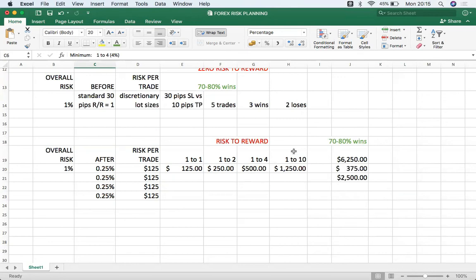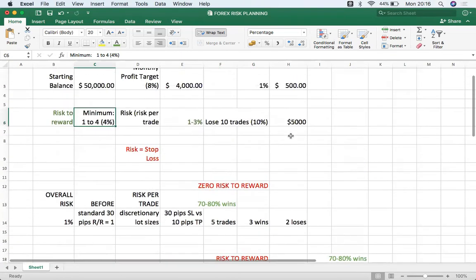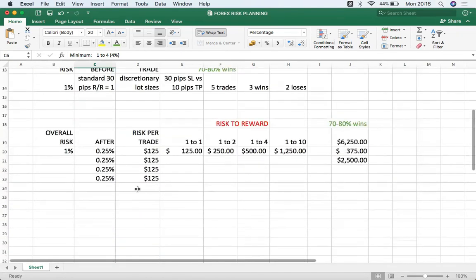So I don't know if you guys are seeing the difference. Okay. So it's very important. Once you have improved on your trading strategy, you've improved on your entries, and you know you have, start improving on your risk management and your risk planning. So for example, this is a very, very good risk to reward to be trading with 0.25% per trade, so that you're never in major drawdown. And it doesn't matter what size of account you are in. I mean, if your entries are good, you can still take a big risk to reward and you'll still make money.